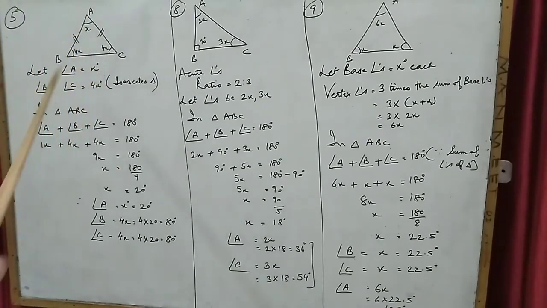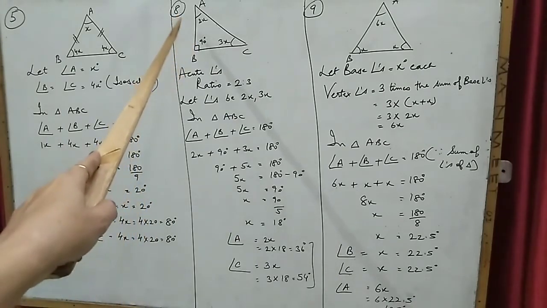So we have taken this triangle the same way as you have done the earlier sums. A plus B plus C, 1x, 4x, 4x. 4 plus 4 plus 1, 9x. Similarly, divide this, you will get 20. Angle A is 20, angle B is 4x and C is 4x. 4 into 20, 80 and 80. So children, we have 80, 80 and 20. When we add all these, it becomes 80 plus 80, 160 plus 20, 180. It means our answer is correct.